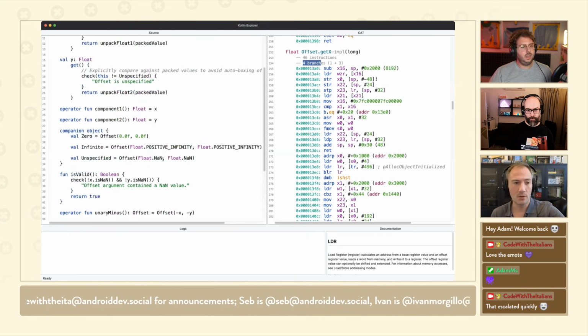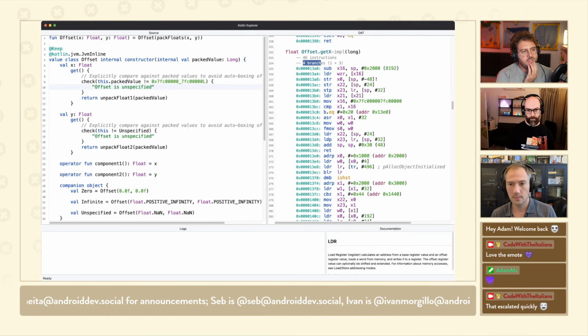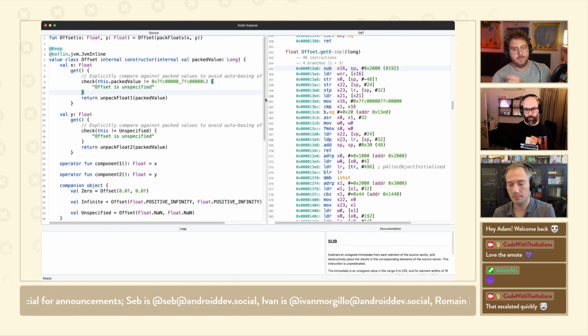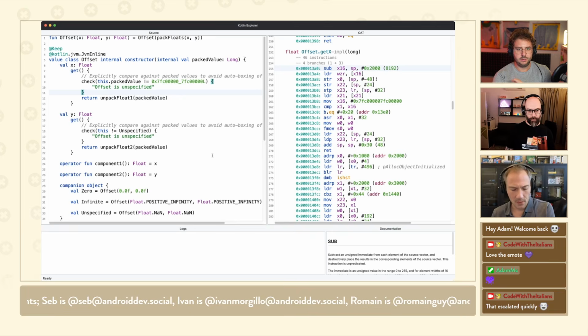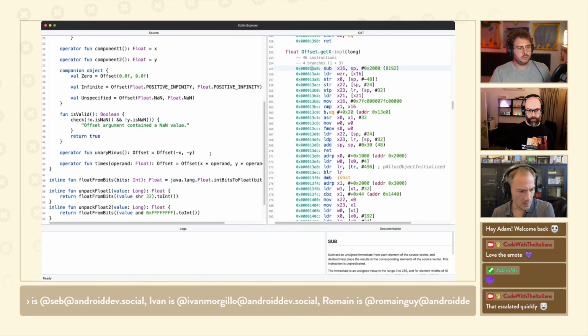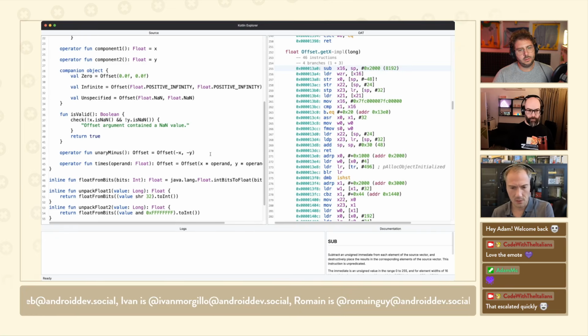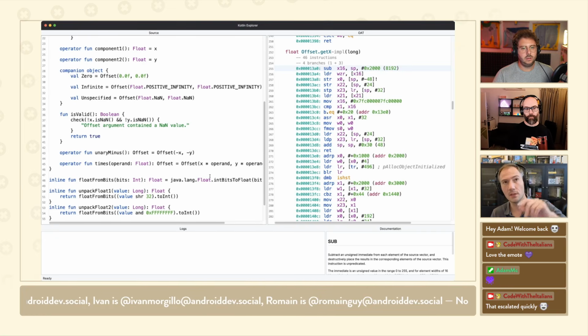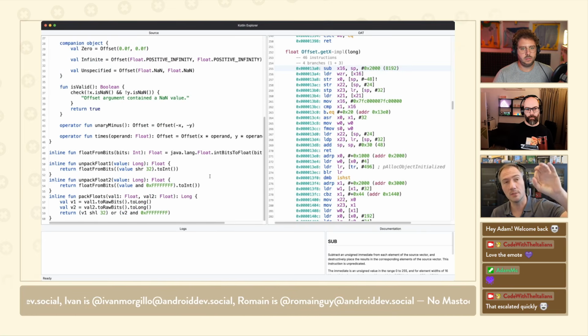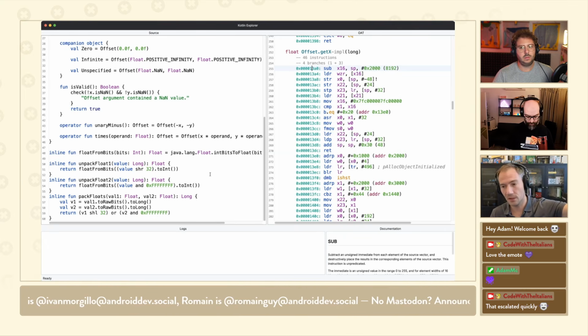Can I ask you another thing before we proceed? What we had before was the packing helper that was a class with a companion object. If that were straight up an object without a companion object inside, would that make a difference? I think no, it's the same thing, because I forget what it's derived from, but it's still a static access, and I think it becomes a static object as part of a synthetic class that has the name of the file, and you're back to the same problem.